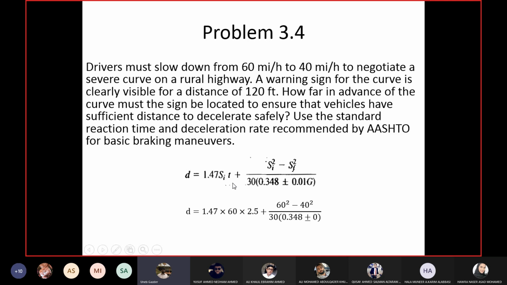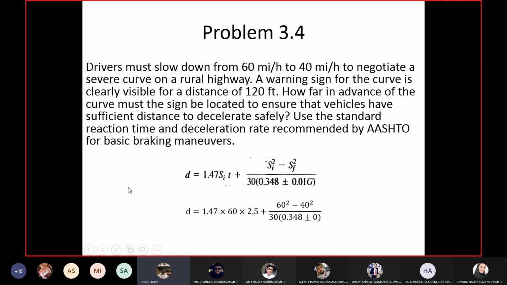We earlier did an example, I think on Thursday, where we only used the braking distance equation, but in that question there was no mention that the driver will look at an object and think and so on. So when the driver looks at an object and you are required to calculate the distance from that point, then you need to incorporate the decision time as well. That's why we are using the total stopping distance.